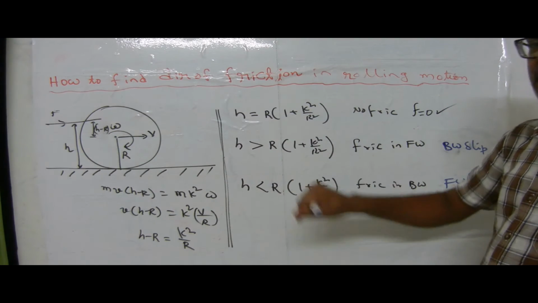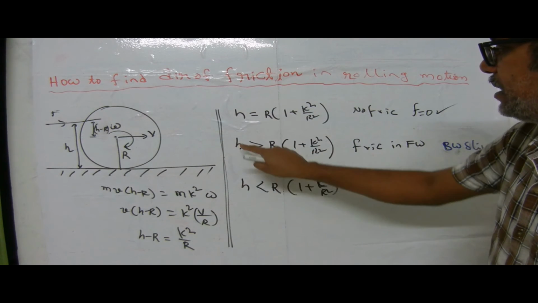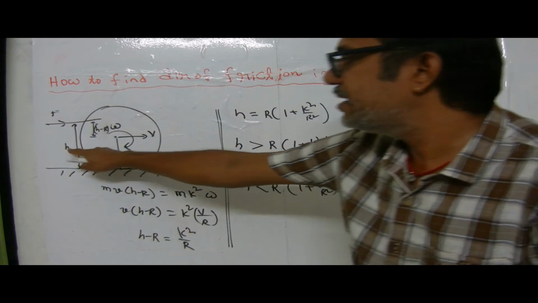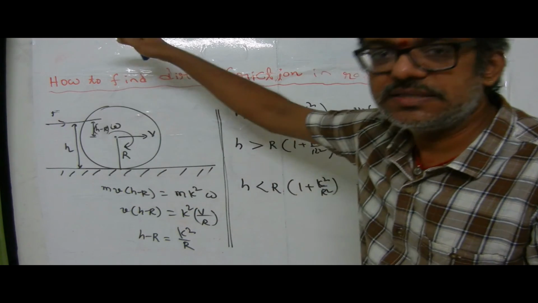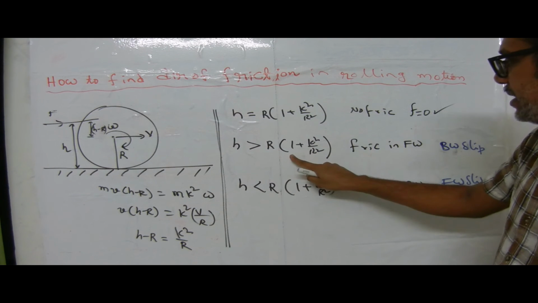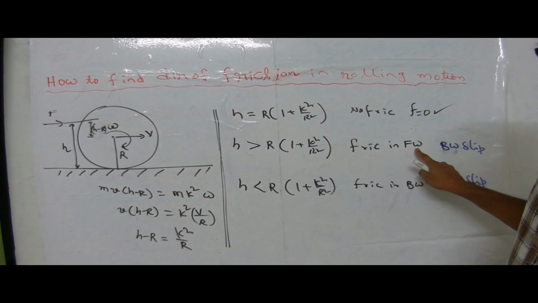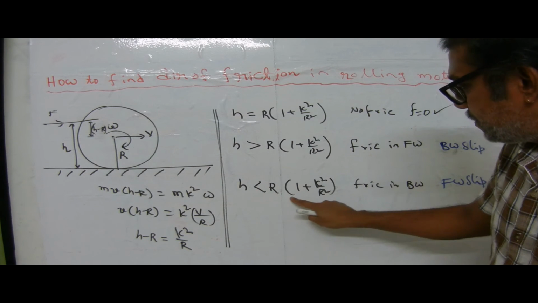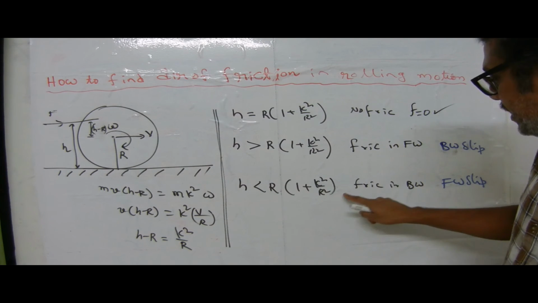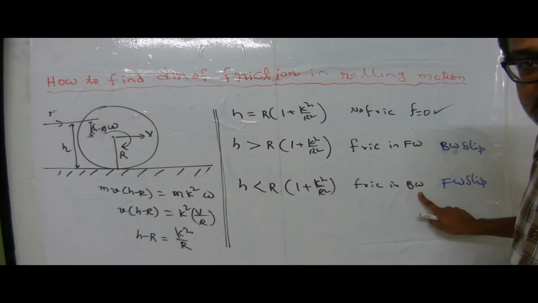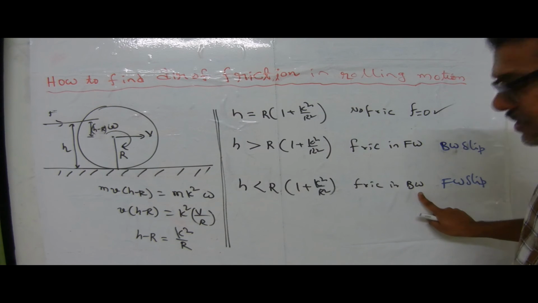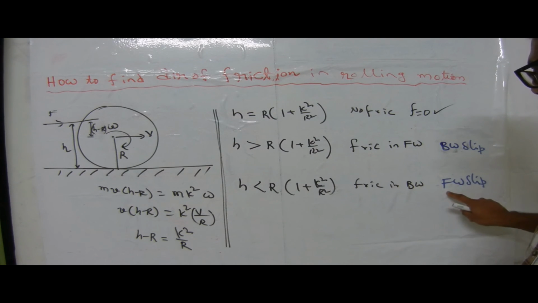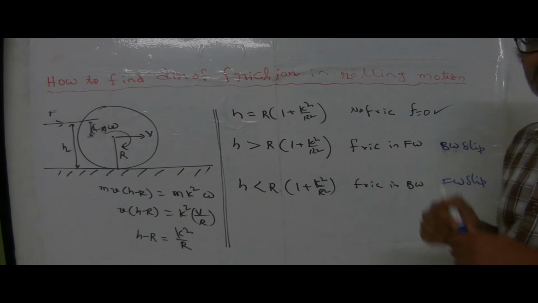But on the other hand, in this particular case, if the height where we are applying the force is greater than this value, then in such a condition frictional force acts in the forward direction. If the h value is less than this expected value, then in what direction does the frictional force act? Backward direction. In such a condition, remember, exactly opposite directions: here backward slip and here forward slip exist. So how to determine